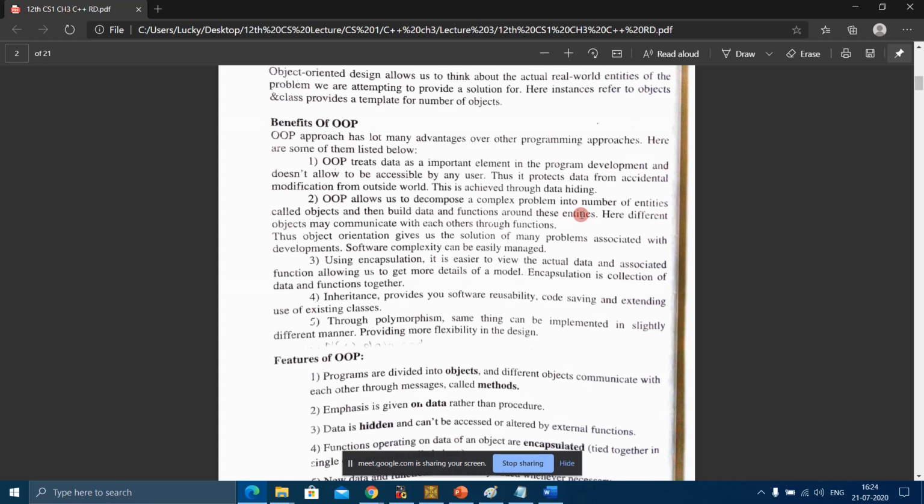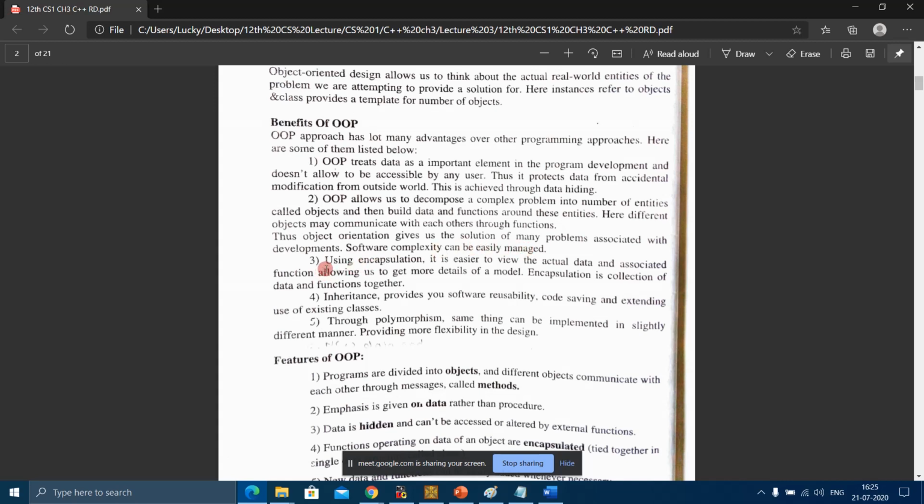In object-oriented programming, the program is organized around objects. Different objects may communicate with each other through functions. Thus object orientation gives us the solution to many problems associated with development. Software complexity can be easily managed because the problem is decomposed into objects.